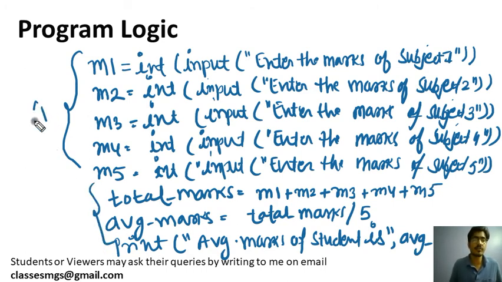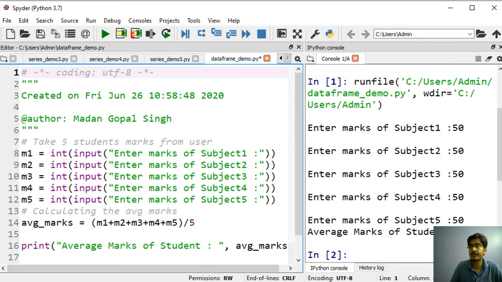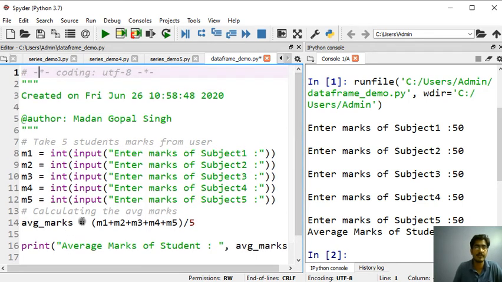So this is how you can write the program step by step. Now we will see how we can run this program in our Python editor. Now you see on the screen we have the Spyder editor for making Python programs.